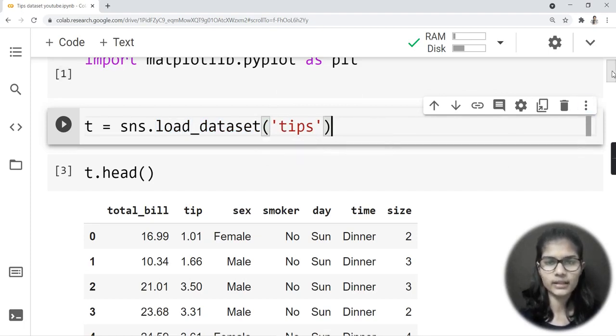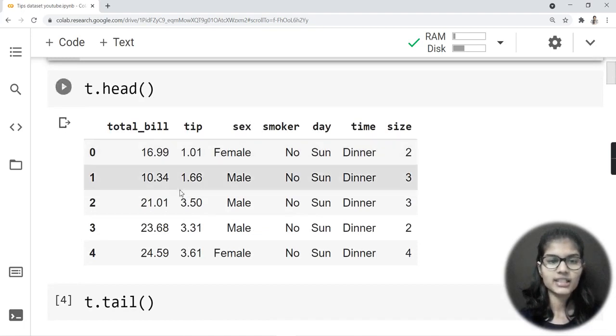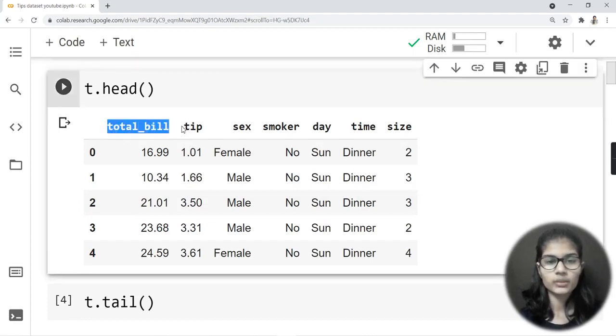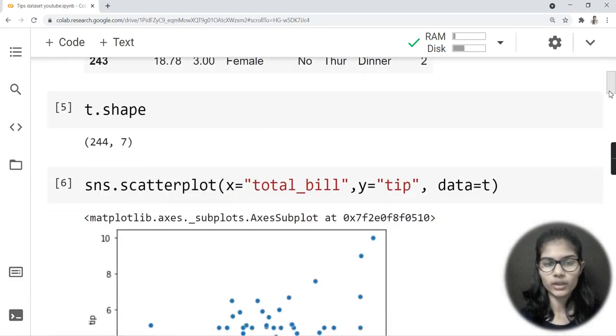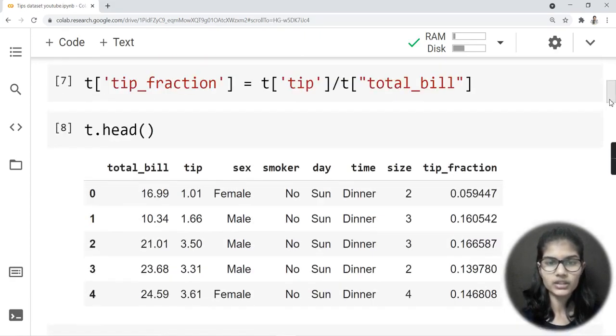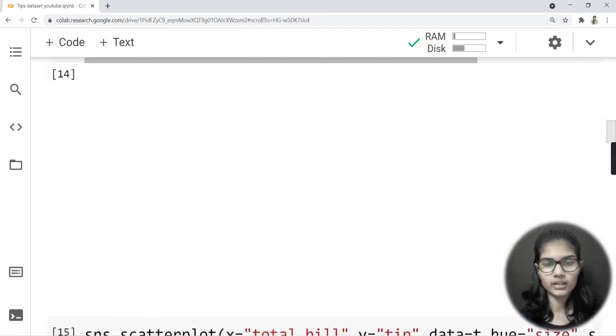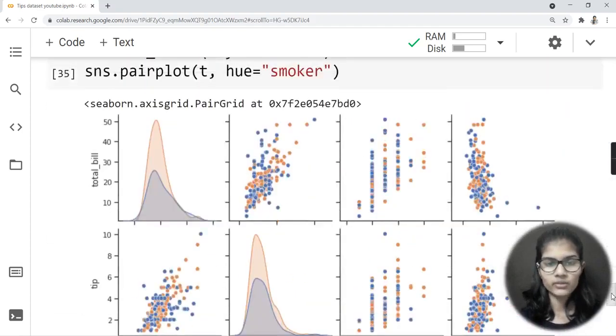And then we look at the head and tail, that is, what our data is. In the data we have the columns total_bill, tip, then gender, smoker, day, time, and size. These are the columns in our dataset, and we also included one more column, and that column was tip fraction. So now we have all of these columns. I would not repeat all these things once more. Let's quickly move towards